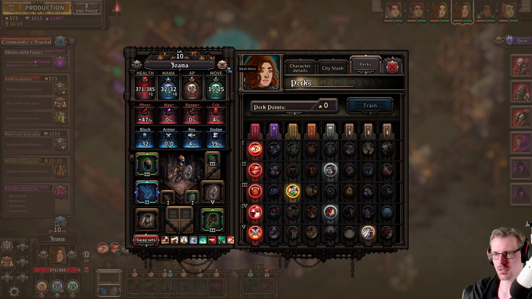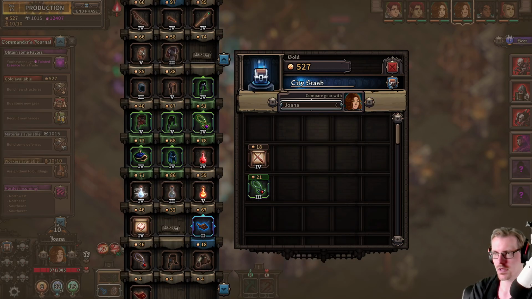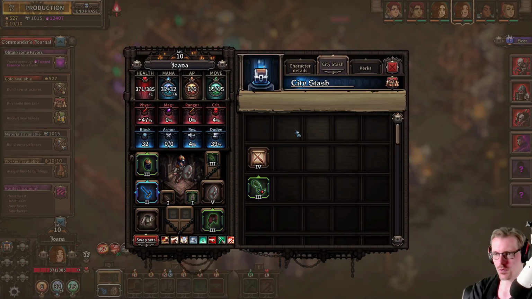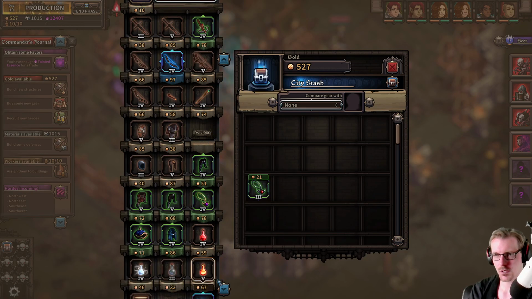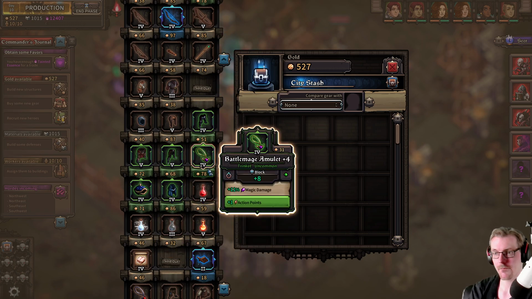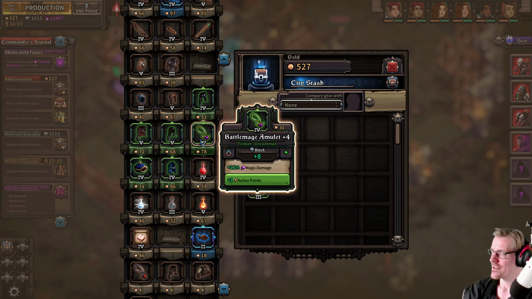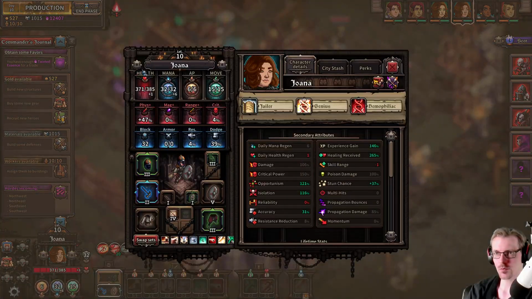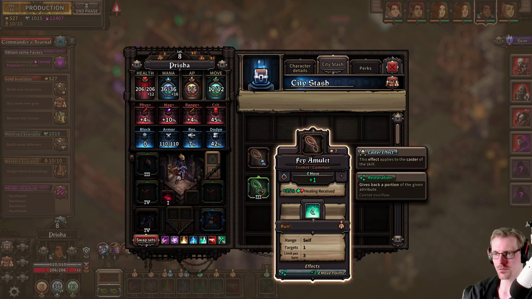Joanna. Right, you needed a scroll specifically. And this one's perfect for you, to get some sort of AoE going. Very important. Good. Another action point amulet. That's a good amulet. It would be for Prisha specifically, who has a trash amulet. So